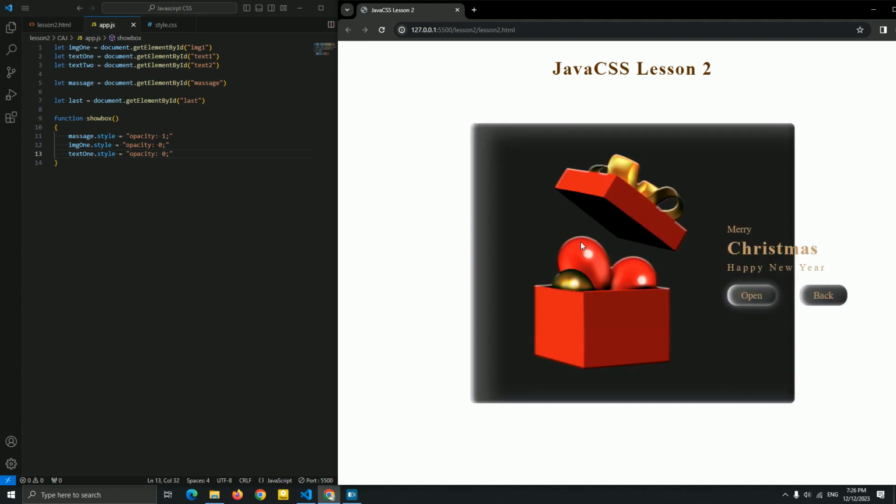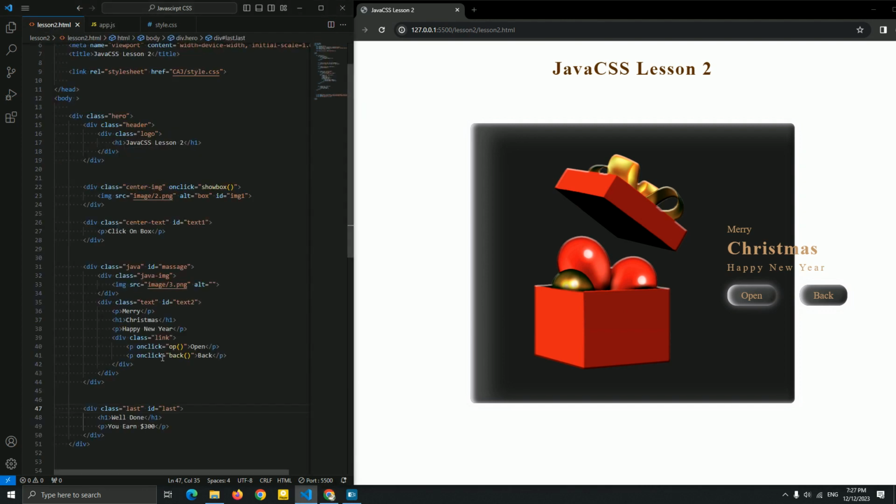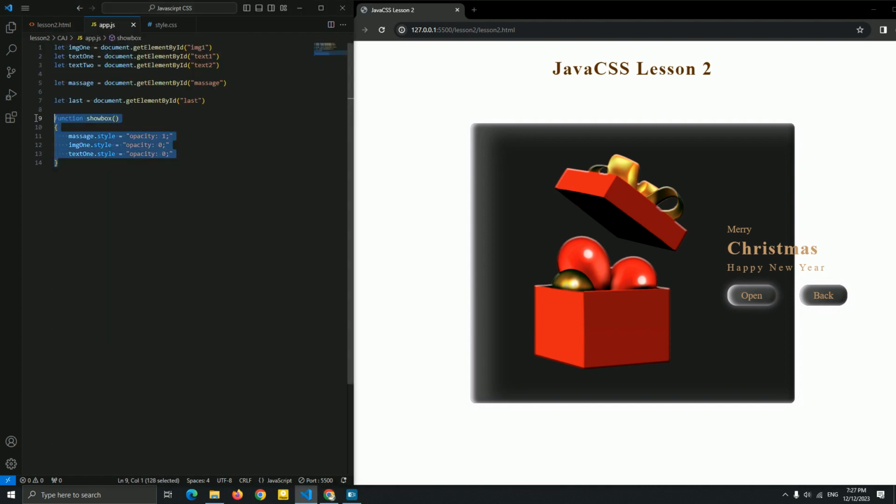Okay, as you can see, we hide this image and this text, and we get this message at opacity 1. Now let me add a function for the back option that we added here onclick. So let me just copy this, paste it, guys. Back option. So when the user clicks on the back option, the message style will be opacity 0.